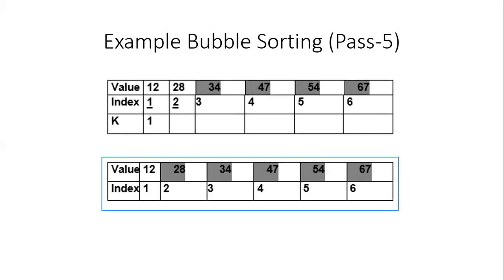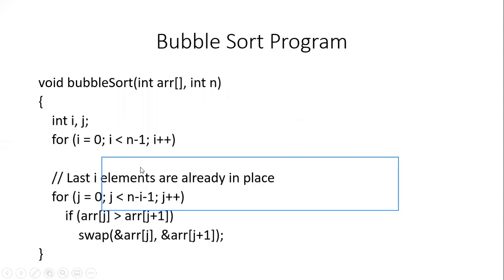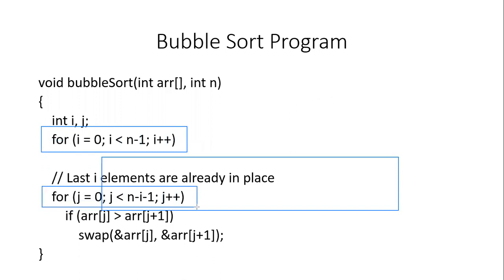Now we will have a look at the program of the bubble sort. So this is the program to apply the bubble sorting on the given list. It is a very easy algorithm. The total number of steps will be 1 less than n, hence i equals 0, i less than n minus 1. The total number of steps will reduce by 1, and hence it is written j less than n minus i minus 1. So with the increasing value of i, the number of comparisons will reduce.